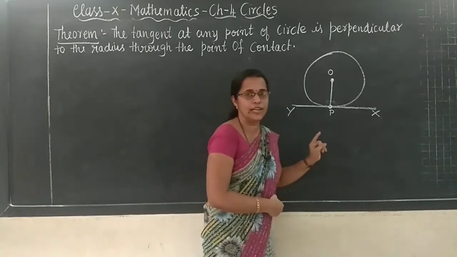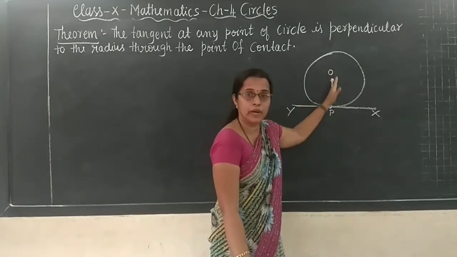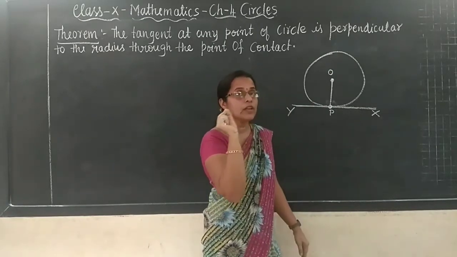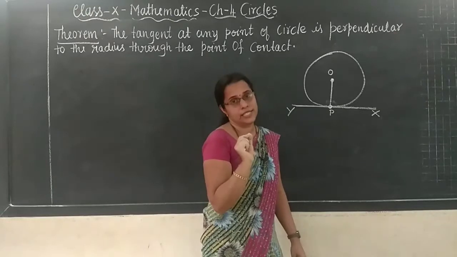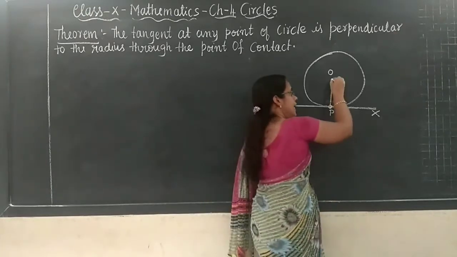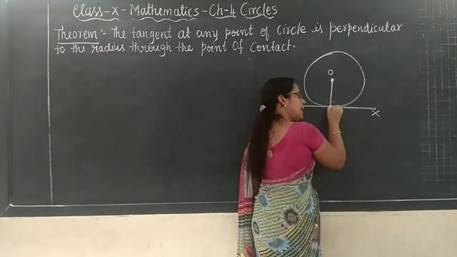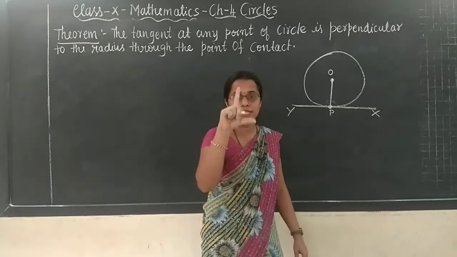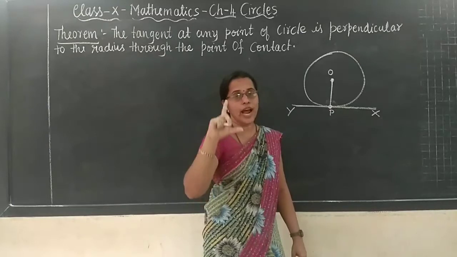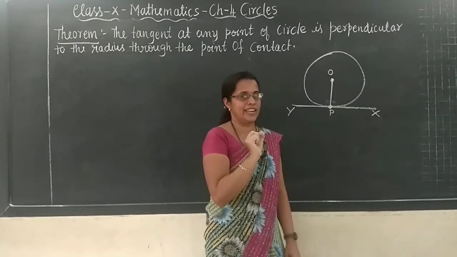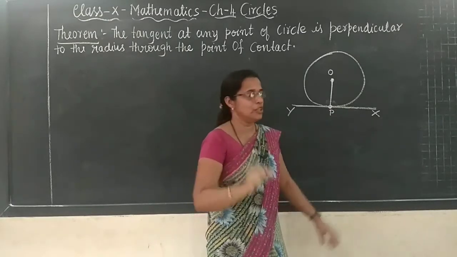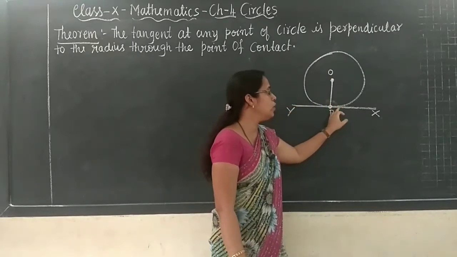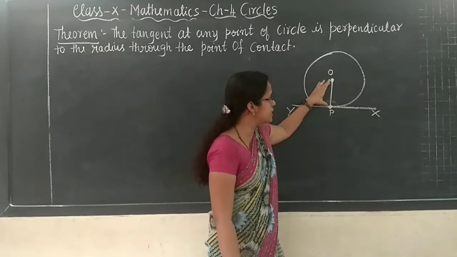Always, to understand, children: which line is the perpendicular? That is only the smallest, shortest distance. The radius drawn to the point of contact is itself the shortest distance. From all the distances, this line is the shortest, so that line is the perpendicular line. So the radius drawn at the point of contact is perpendicular. Why? Because this distance